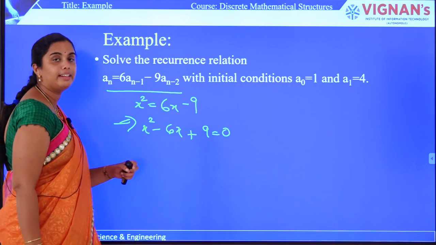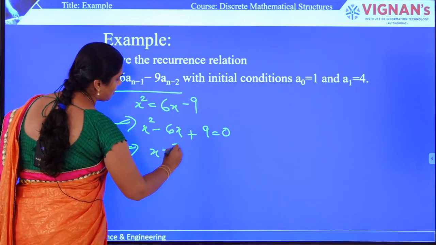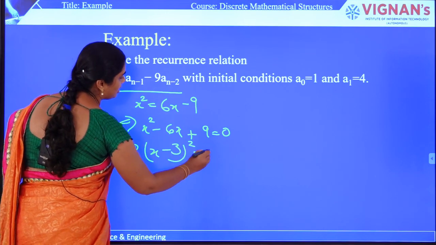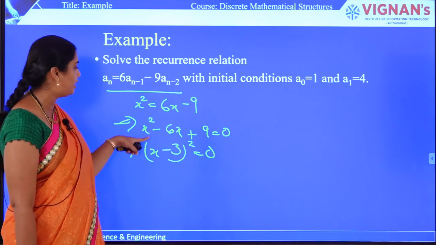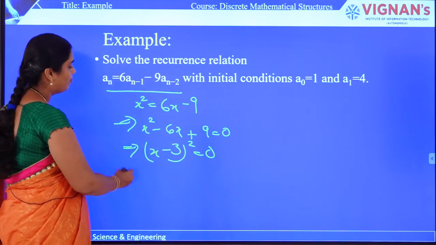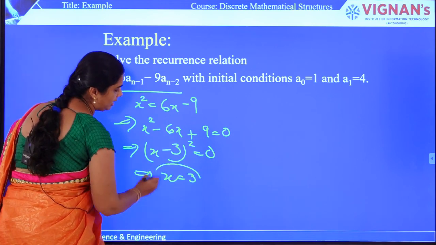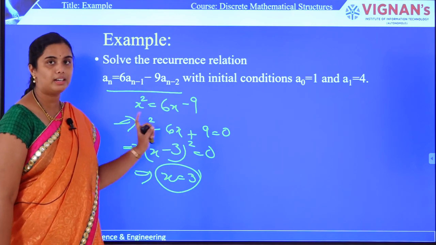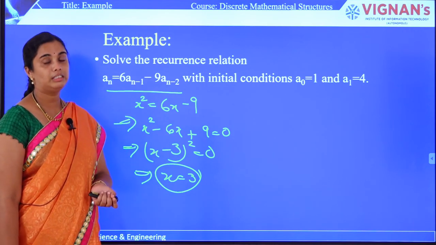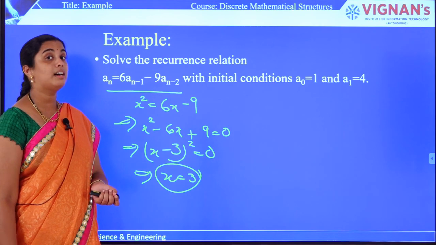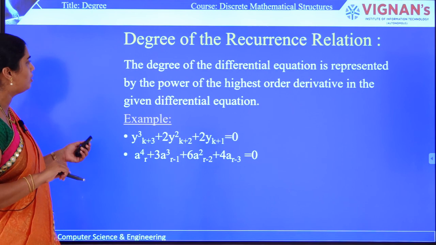So how can you write, what are the factors of this given equation? This is nothing but x minus 3 whole square is equal to 0, because x minus 3 raised to the power of 2 will give you this equation. So if you try to solve this, what will you get? You will get x is equal to 3 itself. So the root of this given polynomial equation is x is equal to 3. So now what is the root form? What is the equation form when x is equal to 3?